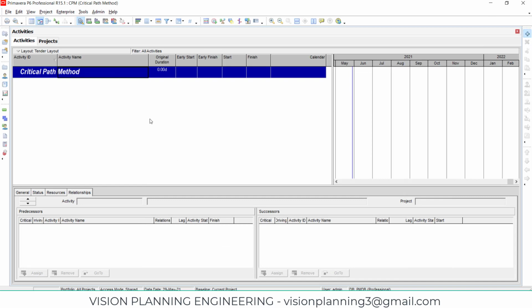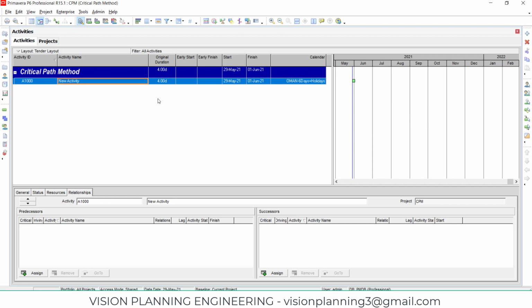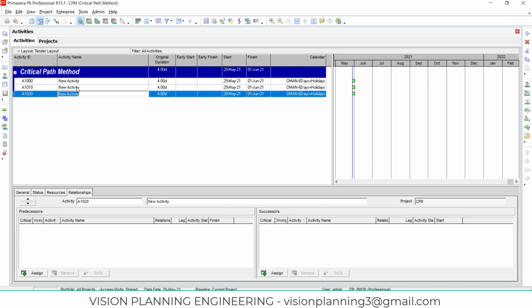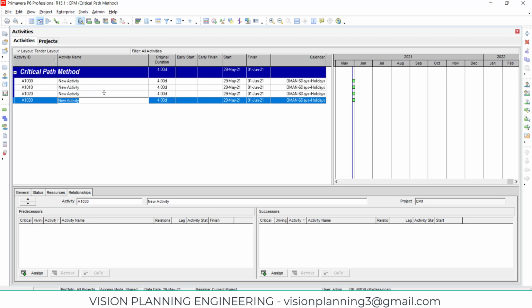Once you click on this plus sign, the activity will come. So one method is this, other method is simply press insert key on your keyboard. So once you click insert key, your activity will start coming up. So similarly, we have to make more activities.